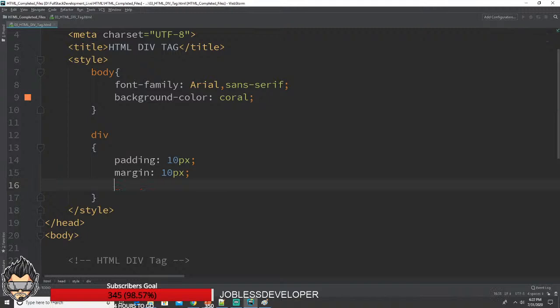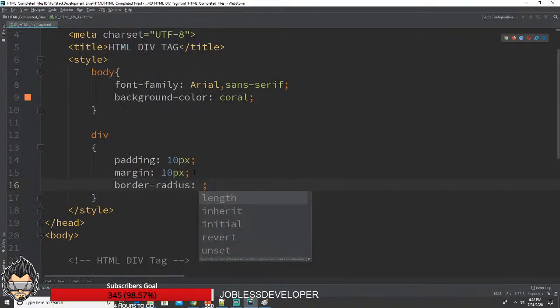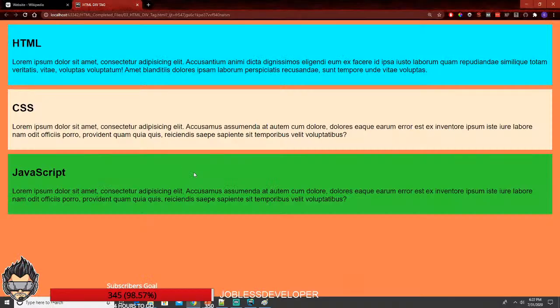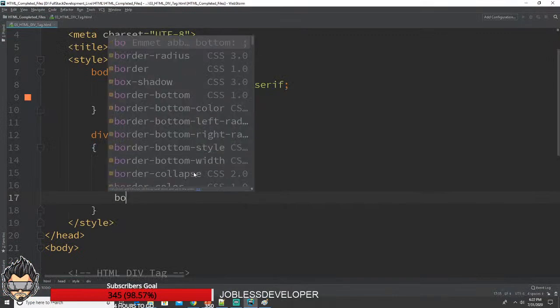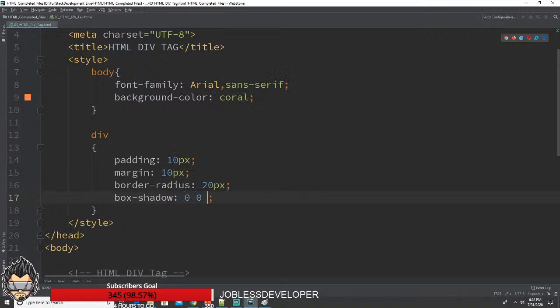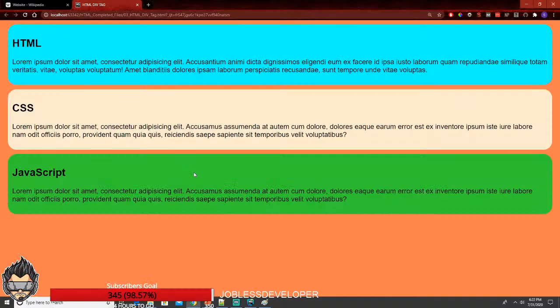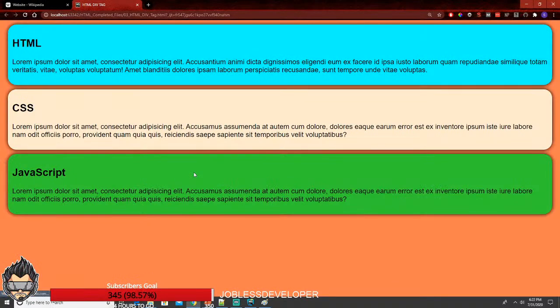Oh, so it's not rounded border, right? Border radius to be of 20 pixels. Refresh the page. Nice. I want a box shadow of 10 pixels black. Refresh it. Nice. So you got a proper structure over here rather than just printing out a simple HTML, CSS,